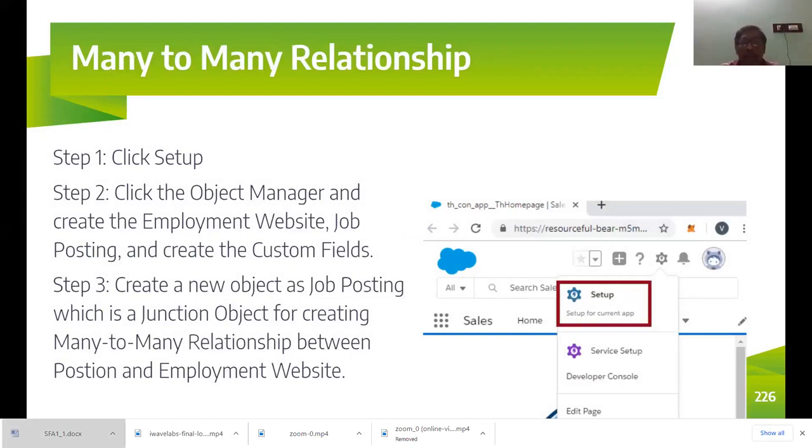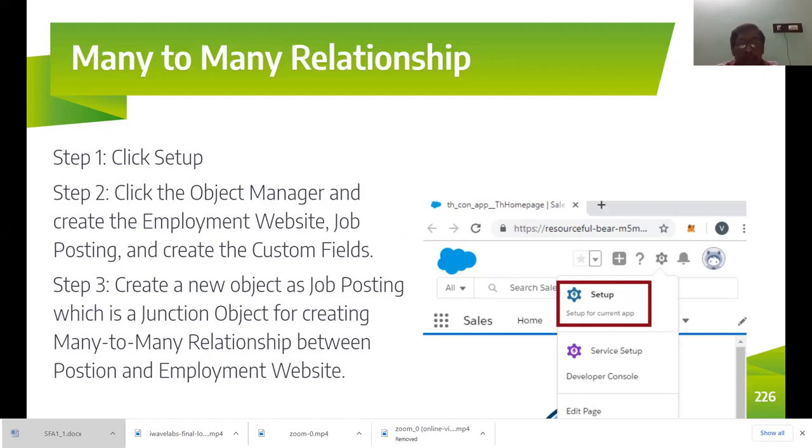Got it. So now let me go through the steps one by one. The first step is to click on setup, and then create these objects. If the objects are not created, you have to create them. So click on the object manager, then create the position object, then the job posting object, and then the employment website object.